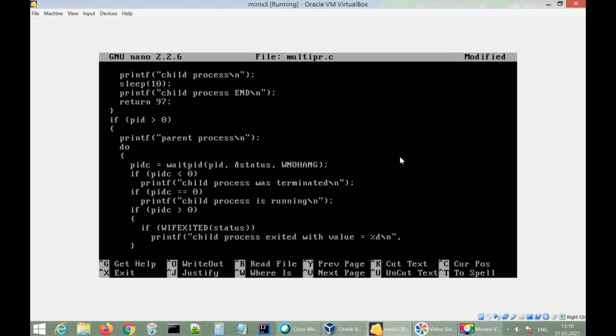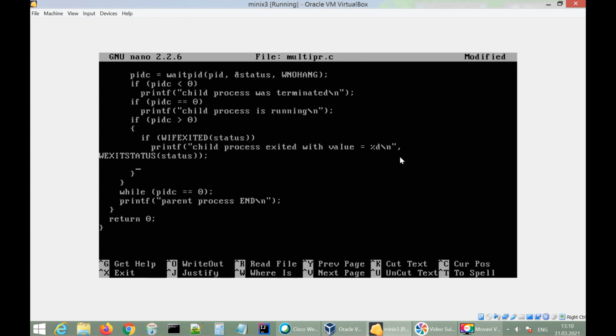So here we write WEXITSTATUS, the exit status, and we have to mention the status variable once again here. Okay, that's great. And there is even another scenario when the process was not finished successfully, but